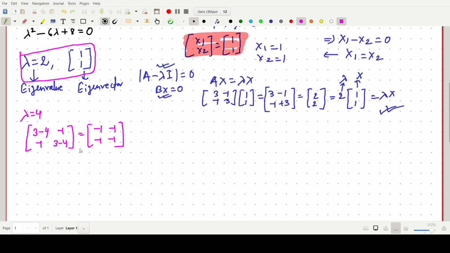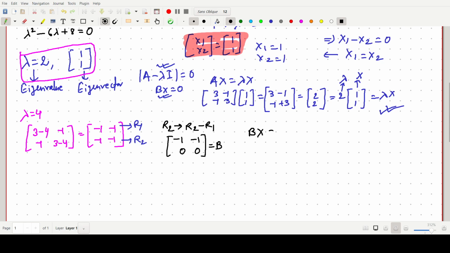Now we have to go for the row reduction. Say this is the R1 row and this is the R2 row. We modify R2 to R2 minus R1. Row R1 will be the same, and the second row will be minus 1 minus minus 1, plus 1, so it should be 0 and 0. So a simple row reduction gives us the B matrix.